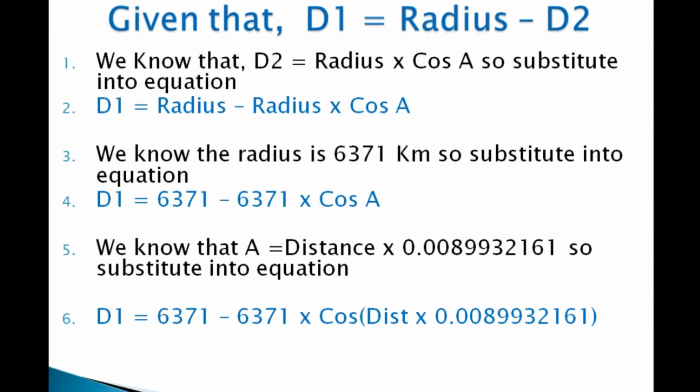Now, as far as I'm aware this week, there's no need to change the size of the fictional ball Earth. It's defined as 6371. So for every calculation we're ever going to do with regards to the ball Earth, it's always going to be 6371. So we may as well put that into the equation because that's never going to change. So if we stick that in, we've now got that the drop D1 is equal to 6371 minus 6371 times the cosine of A. So I said at the beginning, we defined angle A as distance times 0.00899326161. If we pop that into the equation,